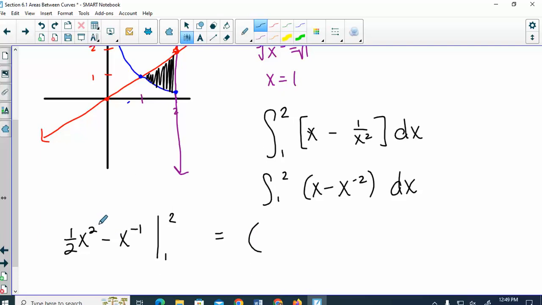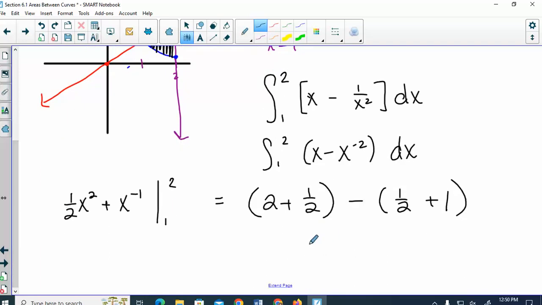If you put in a 2, 2 squared is 4 times a half is 2. 2 to the negative 1 is 1/2. Wouldn't the x be positive? It wouldn't end up being. Oh yes, thank you. That would be a plus. Minus, put in a 1, we get 1/2 plus 1. So this one is equal